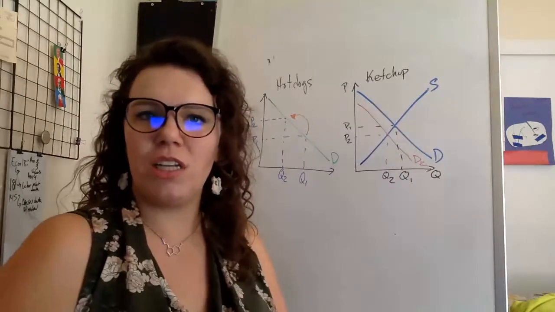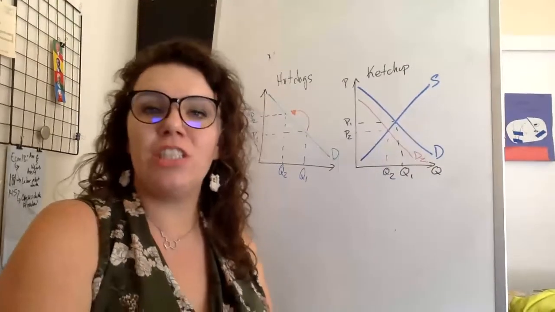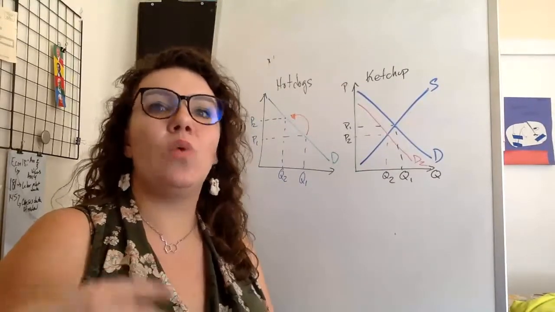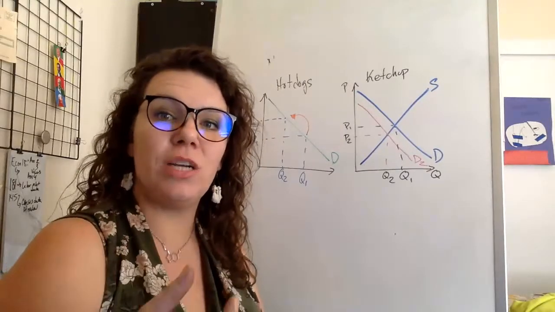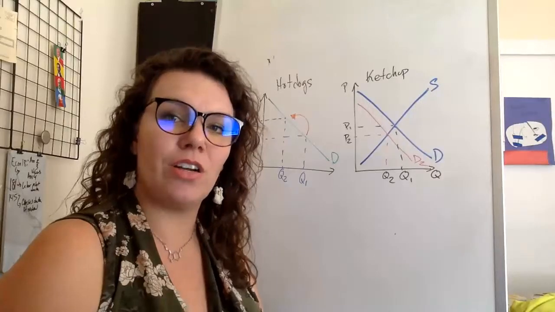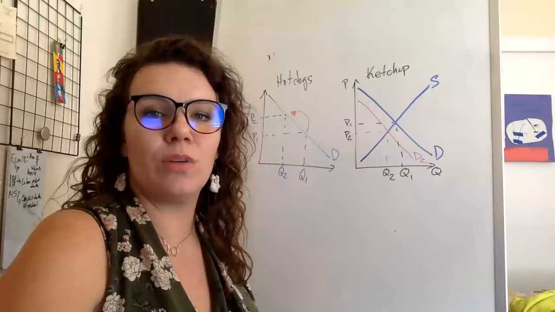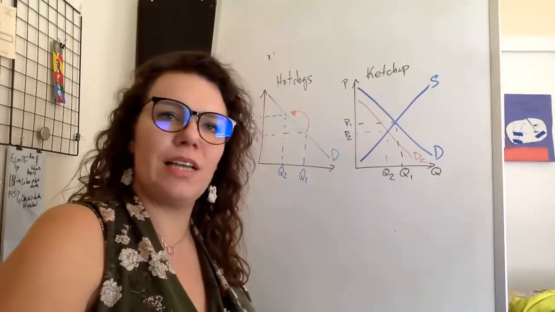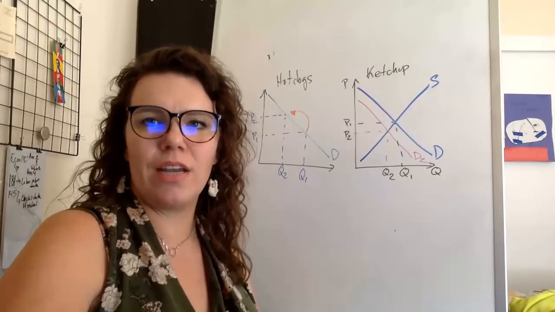So it's just a question of the difference between quantity demanded and demand. A change in the price of hot dogs results in a change in the quantity demanded of hot dogs. However, if hot dogs and ketchup are complements, a change in the price of hot dogs is going to be a change in demand for ketchup all across the board. Cool? The next problem says, graph the market for blueberries with an equilibrium price equal to $4 and an equilibrium